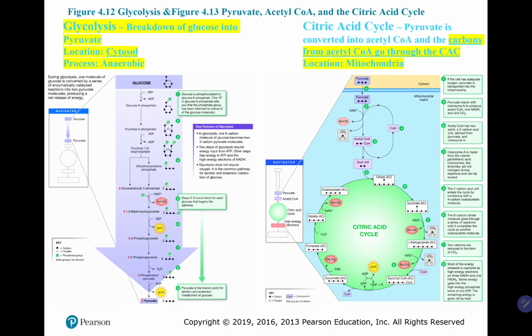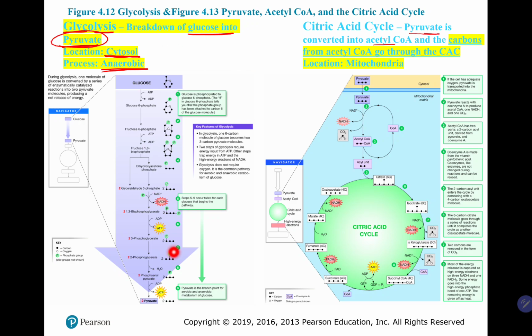Let me go back for a second, right? So glycolysis, the breakdown of glucose into pyruvate. Glycolysis will happen in the cytosol. This is an anaerobic process. We don't require oxygen. Again, this happens in the cytosol. Okay, when we are making that pyruvic acid or that pyruvate